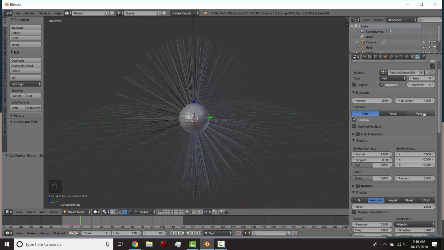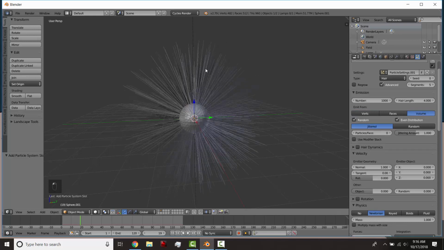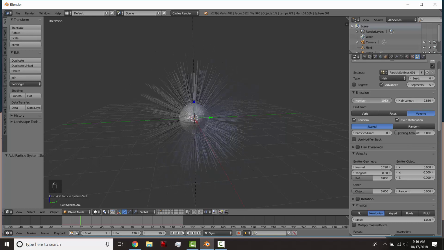But if you want to vary it a bit, if it starts from different points of the volume, you're going to get some different varying lengths without having to change any settings. Here's hair length, you know, the number of hairs. But what you can do